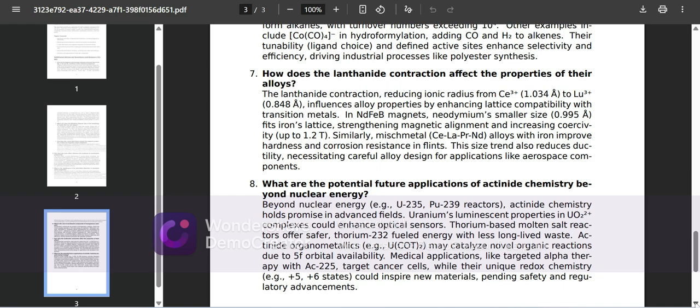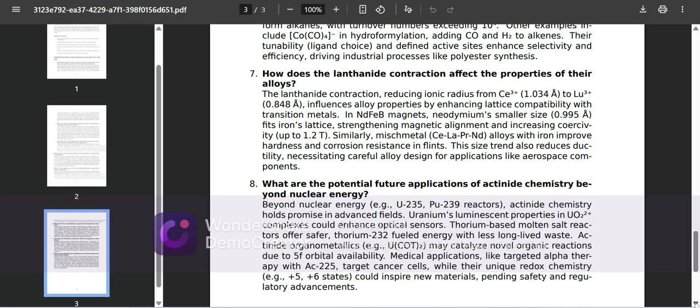How does the lanthanide contraction affect the properties of their alloys? The lanthanide contraction reduces ionic radius from Ce 3 plus, 1.034 angstrom, to Lu 3 plus, 0.848 angstrom. This influences alloy properties by enhancing lattice compatibility with transition metals in NdFeB magnets,